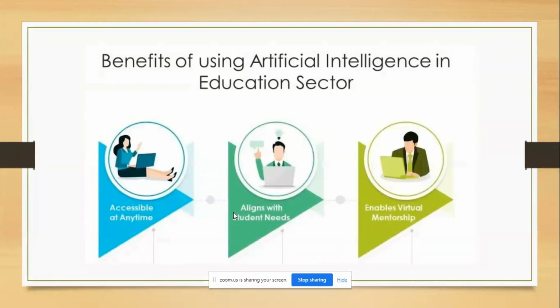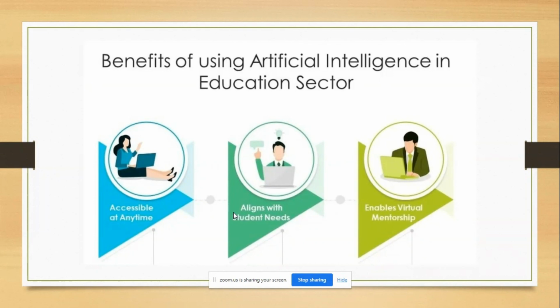These are some of the benefits of using artificial intelligence in the education sector. We're going to talk about the education sector in general first, and then I will come down to the English classroom. First of all, we already know that it is accessible anytime. If you have a computer or a smartphone and you have Wi-Fi, you have internet, you can access any information about basically anything at any time.